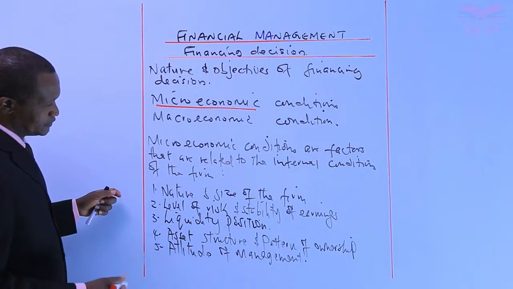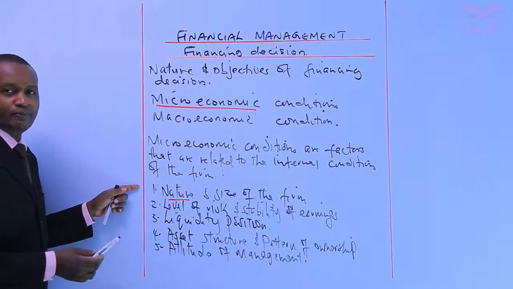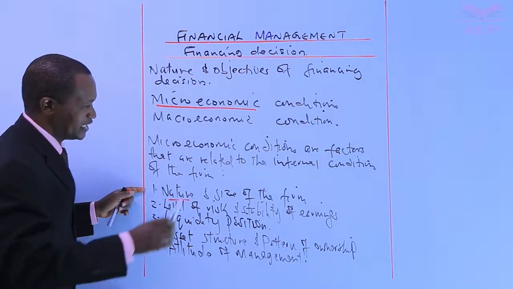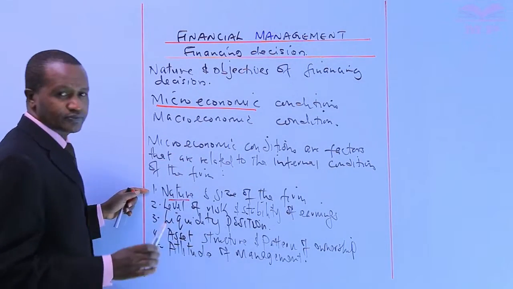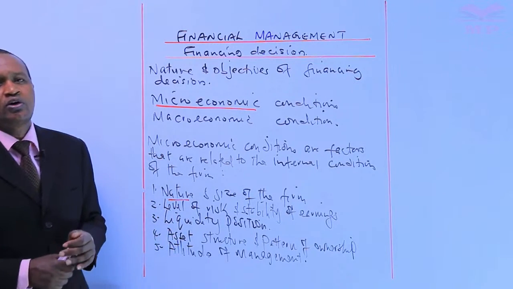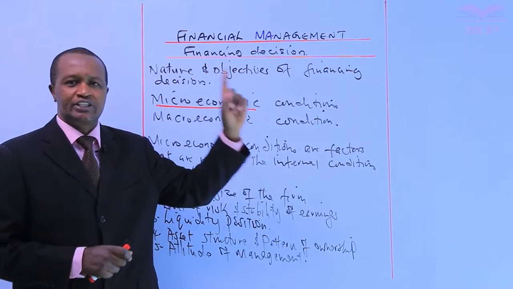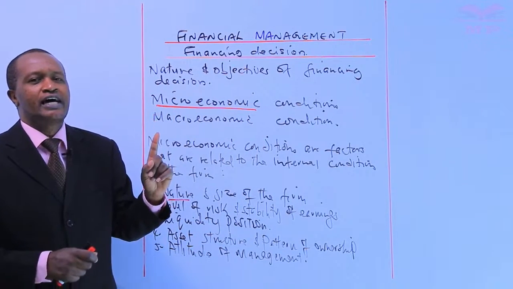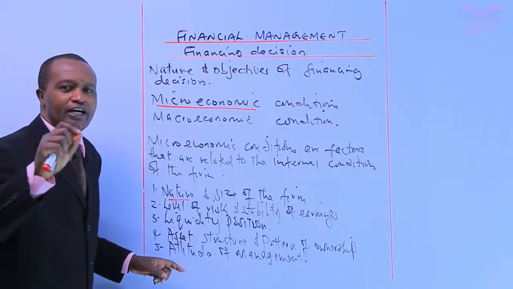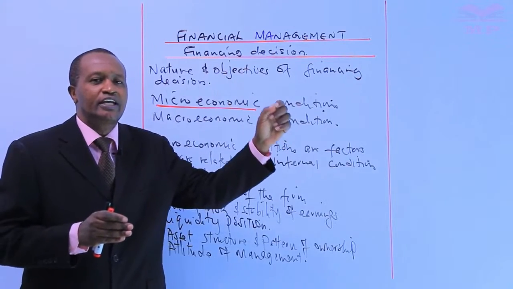So let's discuss some of these microeconomic conditions in brief, starting with the nature and size of the farm. How does the nature and size of the farm influence financing decisions? Now, candidates, if a farm is engaged, for example, in manufacturing operations or in the provision of public utility services, its investment in fixed assets is large, and hence the capital structure has a large share of long-term capital. And the share of long-term capital in the capital structure will also be large in farms that